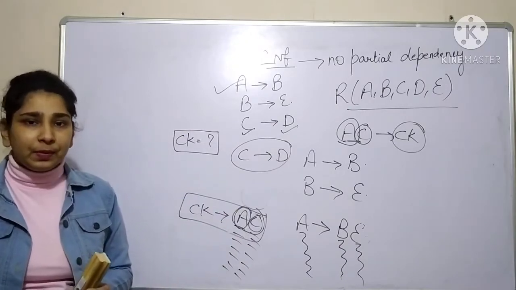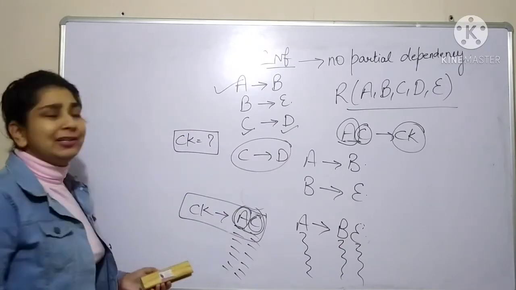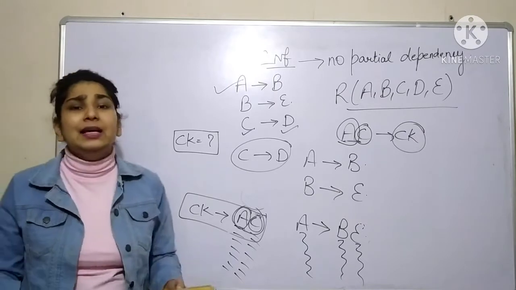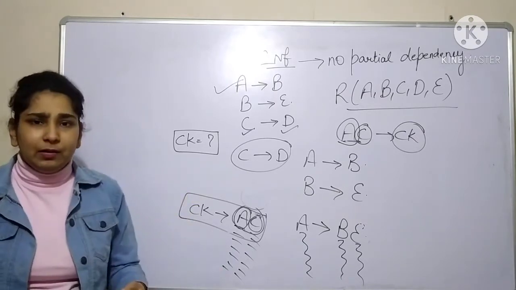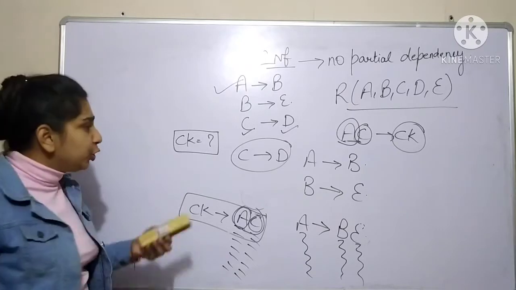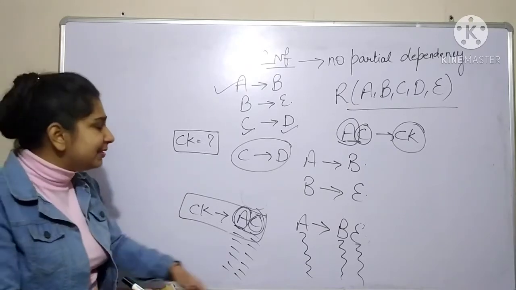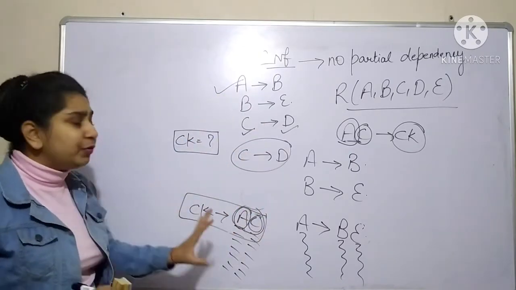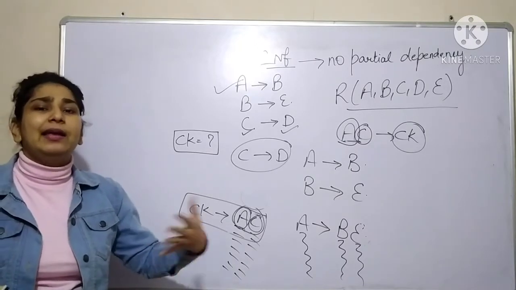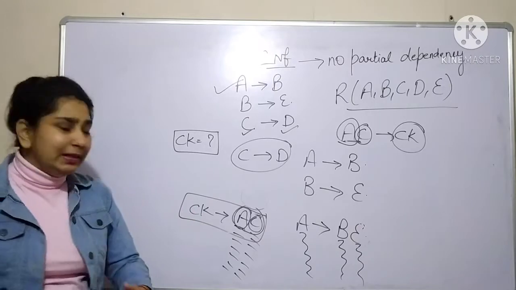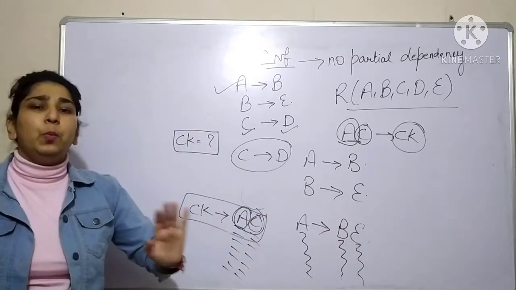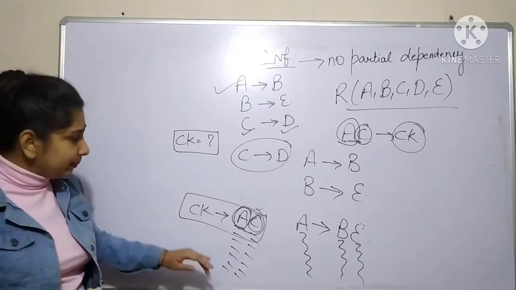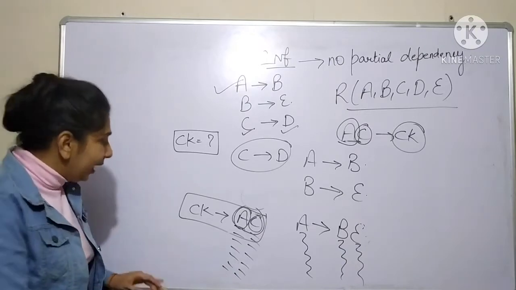Okay, so our normalization concept is we have to remove the redundancy. Wherever you find the redundancy, make a separate table of that redundancy. You will just be storing only one value in the separate table. If you are making a combined table, you have to store the same value again and again. But if you make a separate table, we are just storing the value only once and we are giving reference in the other table.